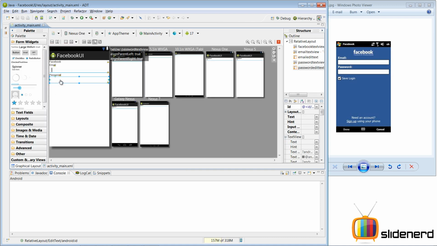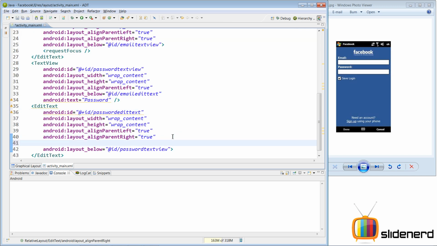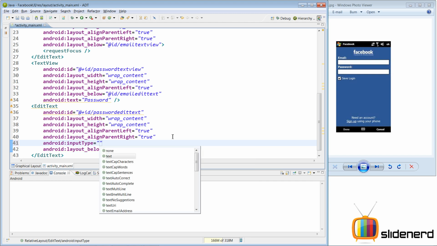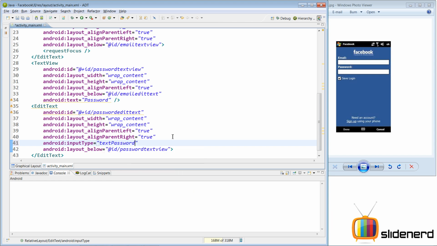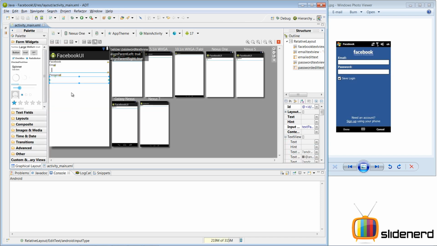Now let's see how to make this password field an actual password field. I can do that simply by using something called input type. I can say android:inputType, and here I should have the option for password. So something like this, textPassword. Now again, I'm going to discuss the different attributes of edit text and input type in detail in some other video, but for now I'm going to simply say android:inputType equals to textPassword, and this probably makes it a password. Alright, so you have the graphical layout which looks pretty much like what we want,